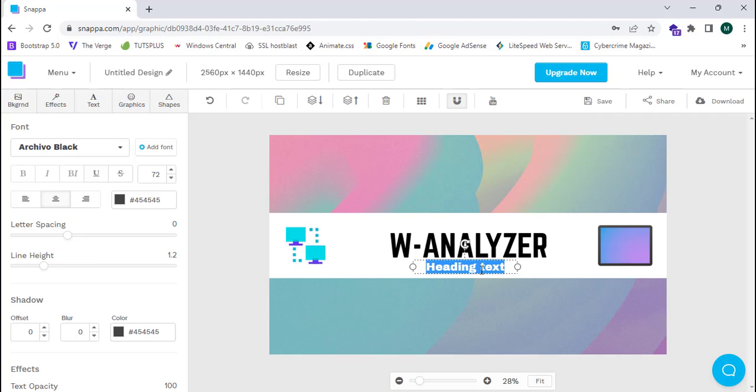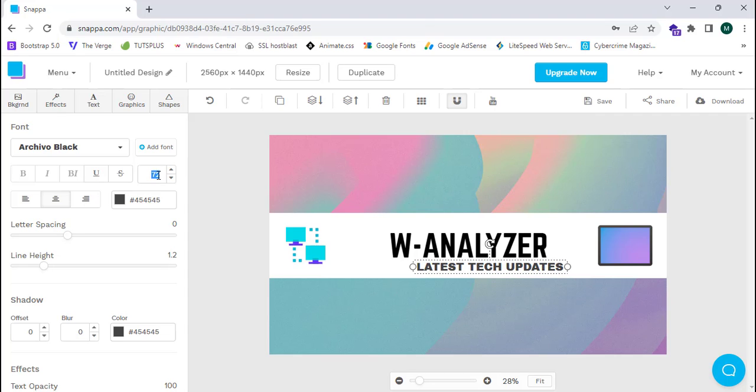I can simply add latest tech updates, and I can simply drag this to one line, and I can simply reduce the